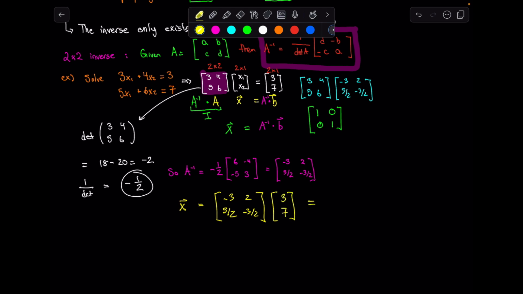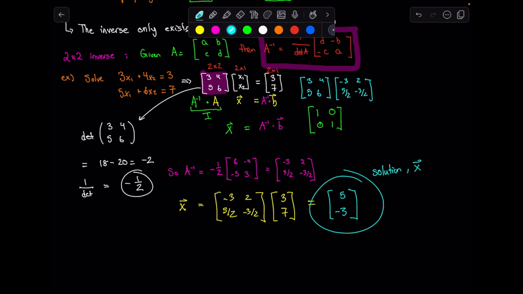And so what do we get for our solution here? We're going to get negative 9 plus 14, which is 5. And then we're going to get 5 halves times 3, which is 15 halves, minus 21 halves. 15 minus 21 is negative 6. So negative 6 halves, which is negative 3. And fantastic, and we're done. This is going to be our solution